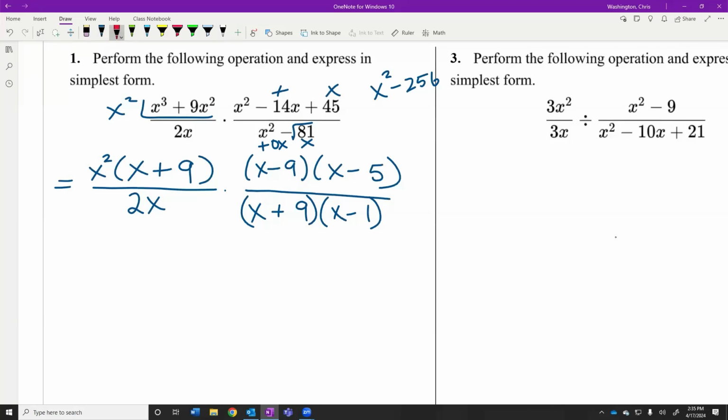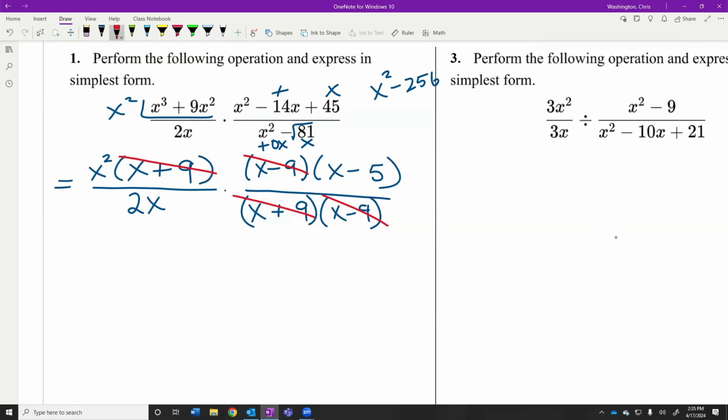We can cancel out any like factors that are in the numerator and denominator, even if they're on opposite sides of the multiplication. So the x plus 9 is in the numerator and the x plus 9 is in the denominator. So we can cancel those out. I wrote -1, it should have been -9. Can we do the negative 9? And then the x minus 9s, because we have 1 in the numerator and 1 in the denominator, we can